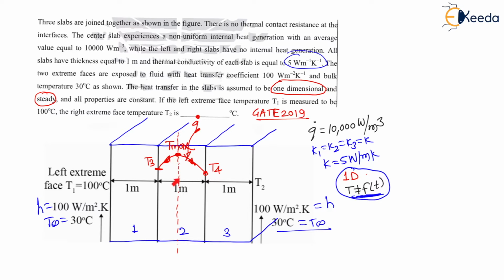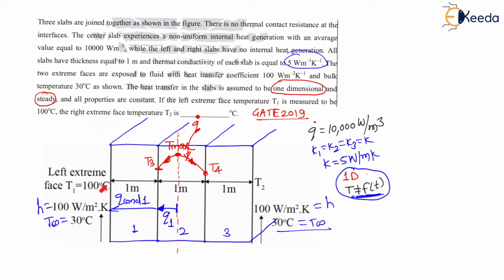Now my dear students, from this maximum temperature to T3, heat will flow by conduction because it is a solid. Therefore there will be conduction. Let us say this conduction heat is Q1, the amount of heat flowing from the maximum temperature to T3. Again from T3 to T1, the heat will flow by conduction in the first slab. Therefore there will be conduction in the first slab. Let us say this is Q conduction of the first slab.